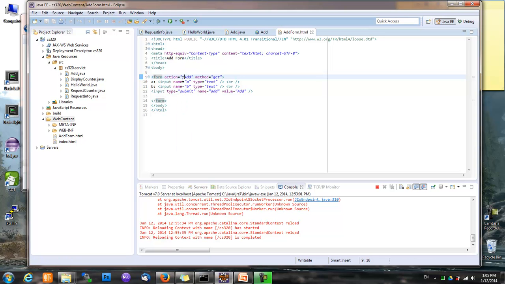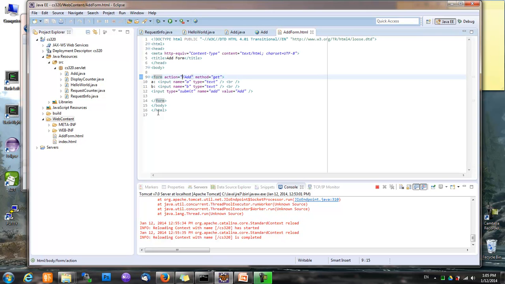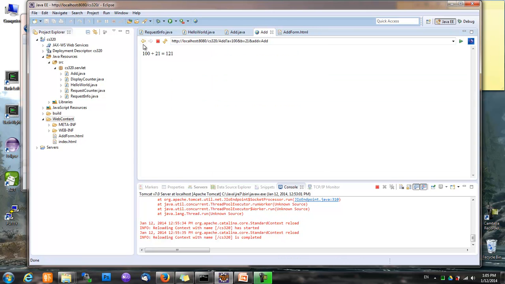Now, this is a relative URL, and it has a leading slash. This indicates that this URL is relative to the root of the server. What does that mean? If, for example, we try this, and we say A is 100 and B is 200,